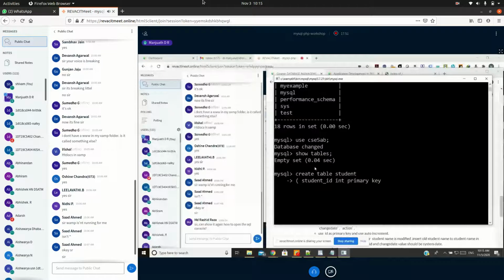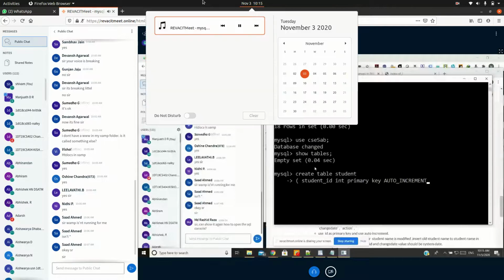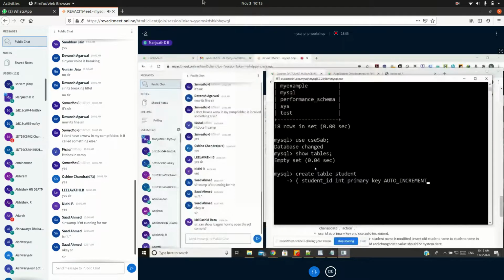Auto increment starts with some value. So this is my first line: it's my primary key as well as of data type integer.